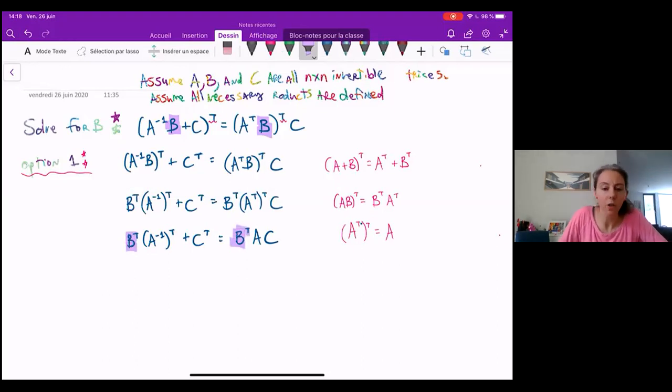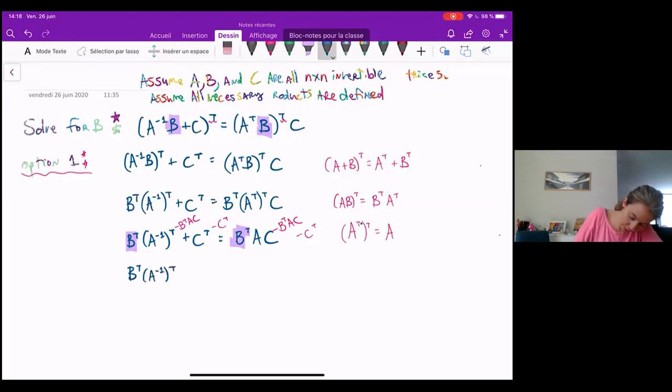When we're solving equations, oftentimes a good plan is to get the thing that we're solving for all on one side and everything else on the other side. So I'm going to move that B transpose A C to the left side, and I'm going to move that C transpose to the right side. And I'm going to do that just by subtracting. Now, subtraction is a move that we're totally allowed to make. It doesn't change from regular algebra. Addition and subtraction act the same way. So I'll end up with B transpose (A inverse) transpose minus B transpose A C is equal to negative C